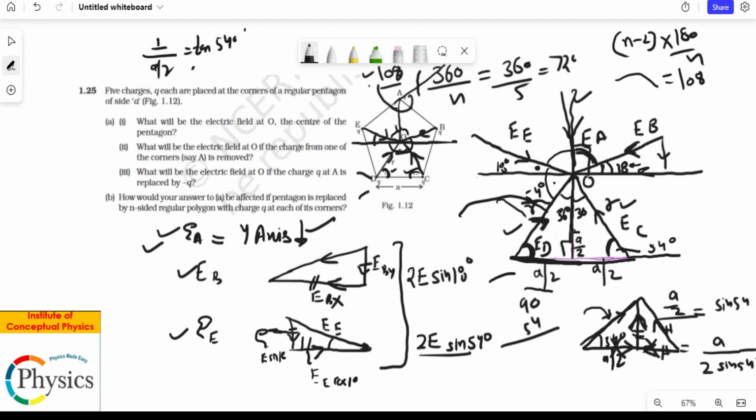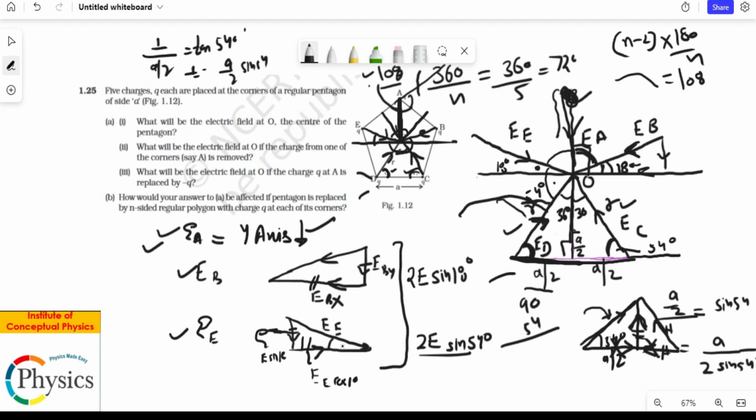So the perpendicular is A by 2 sine 54. If we know the distances also, so we know the distance of this charge from here. Because this is a straight line coming, we can find this also with the same logic. So let's say, if you have to find the distance of this particular one, I can draw a perpendicular from here,